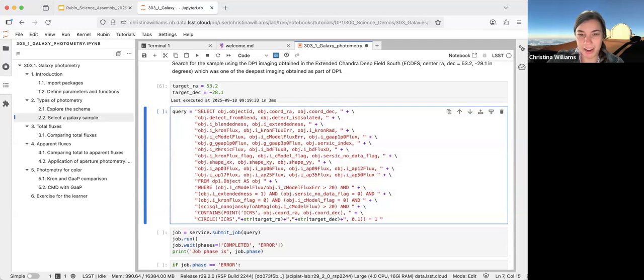This is a very large query. There's a lot of keywords that I'm requesting be returned from the object table. So I'm just going to highlight a couple of the things that I'm going to talk about, just to point out what I'm going to ask for. I'm going to ask for the object ID, the RA and DEC of all these galaxies. I'm going to ask for the Kron flux and error. I'm going to ask for the CModel flux and error, and then I'm going to ask for this GAAP